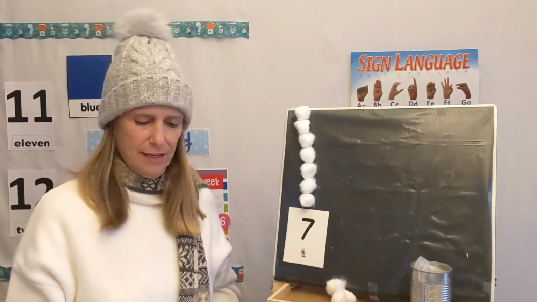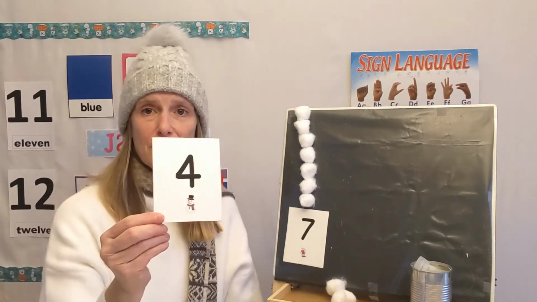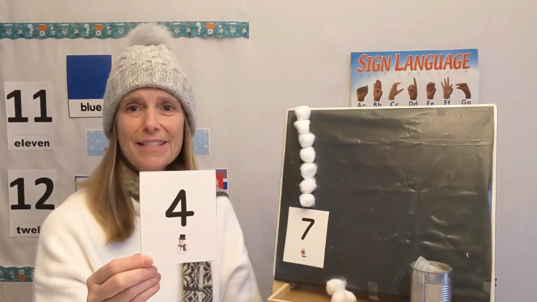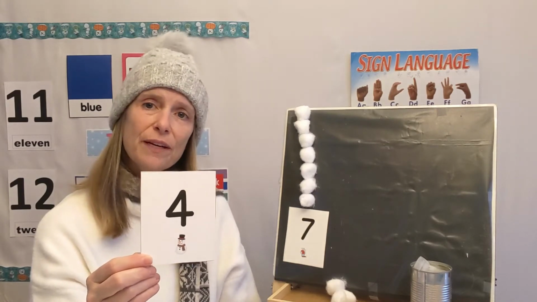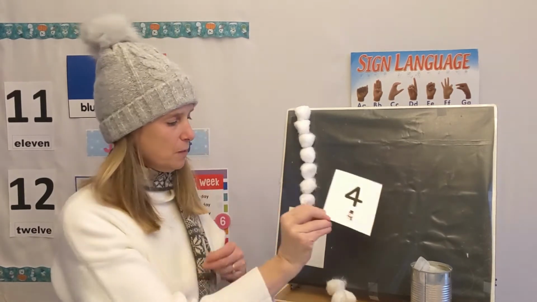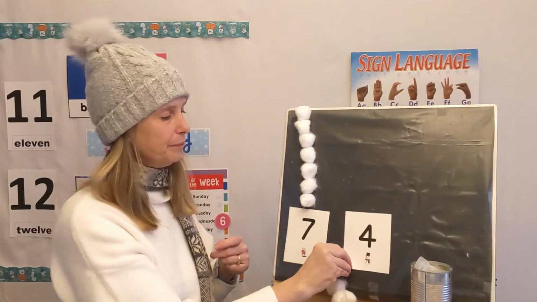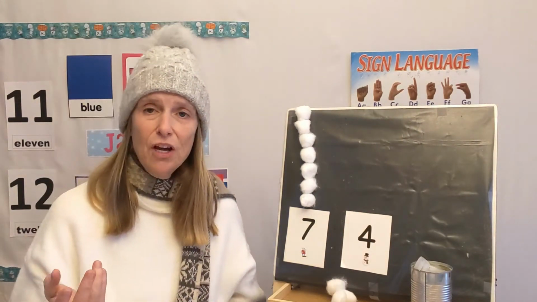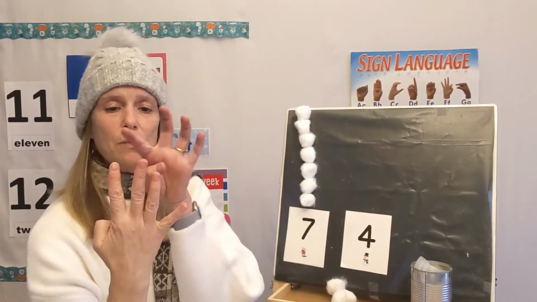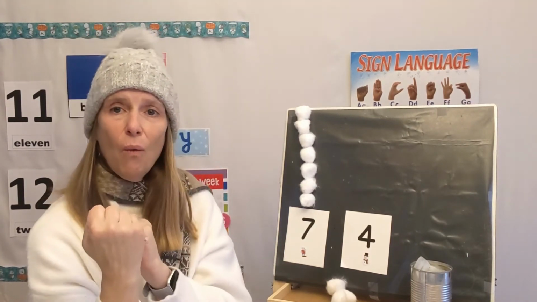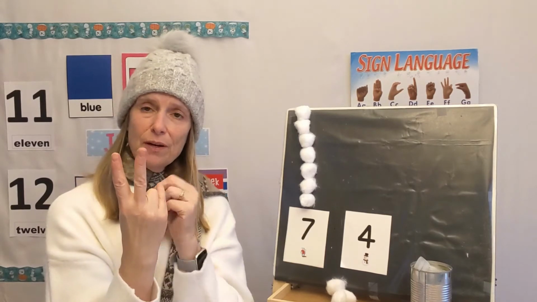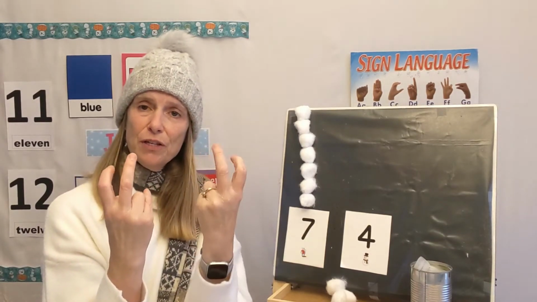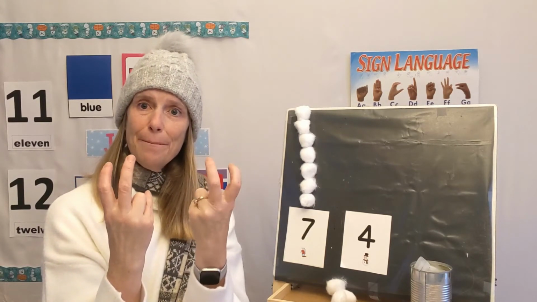Let's see what number we get this time. Okay, you tell me, what number is this one? It's the number 4. Can you show me 4 fingers? Let's see 4 fingers. Now, this is one of those numbers that you can show me with one hand or 2 hands. You can show me 4 fingers on one hand, 1, 2, 3, 4. Or you can do it with 2 fingers on one hand and 2 on the other. 2 and 2, 1, 2, 3, 4, makes 4.